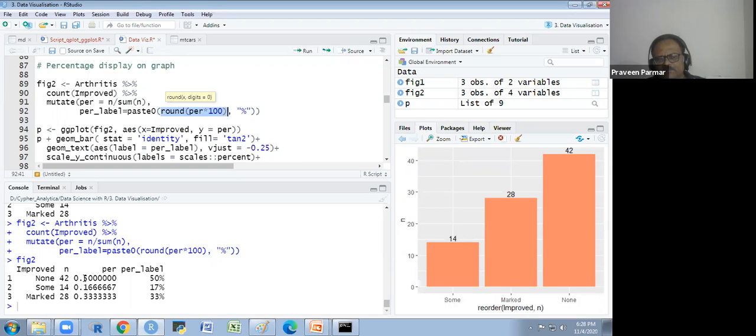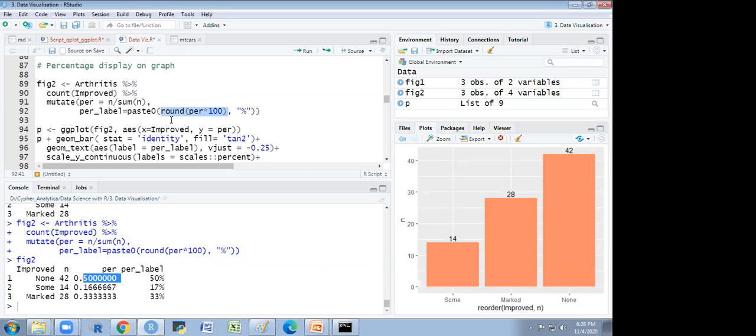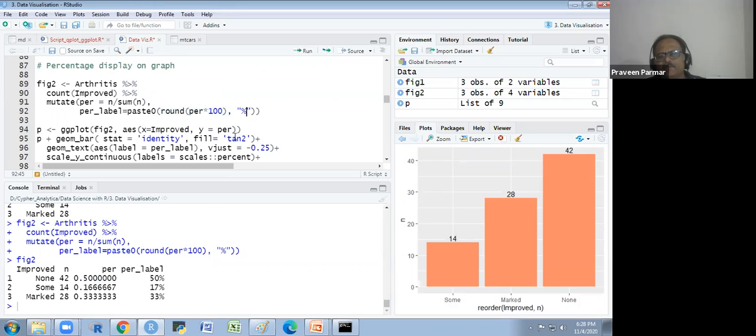If we multiply this by 100, instead of 0.50, I will get 50.000. Then I round it off. So I just get the 50. Got it or not? Yes, sir. And then 50, I am pasting with percent. Got it?